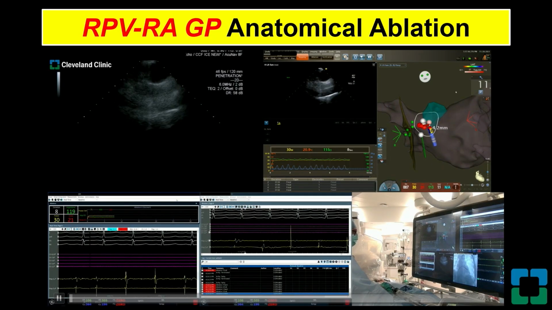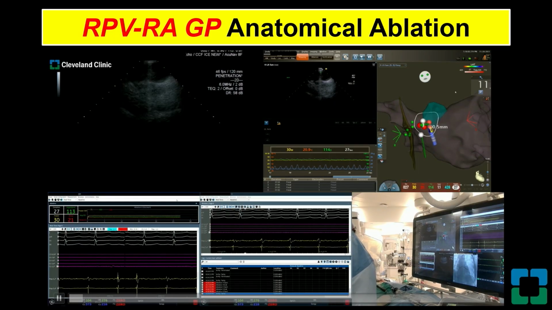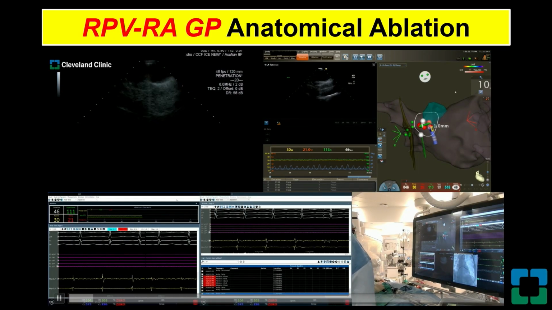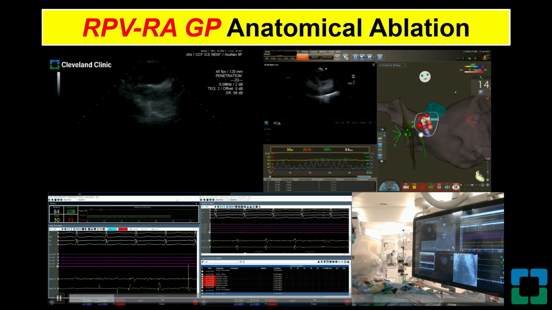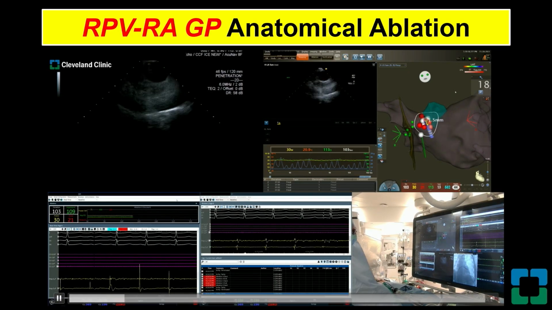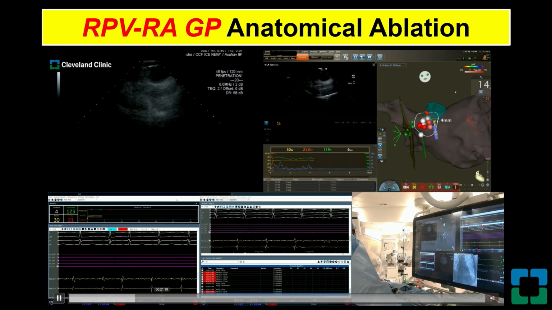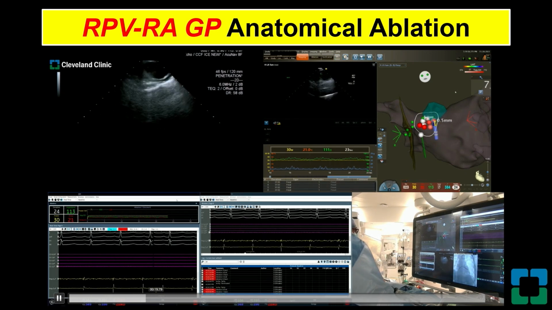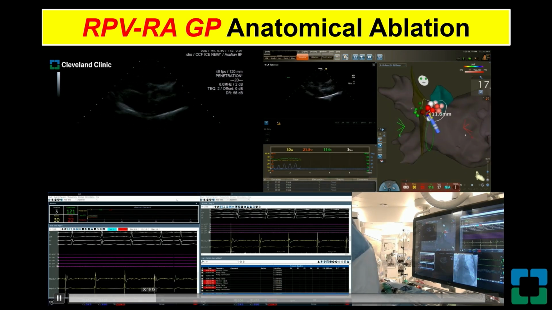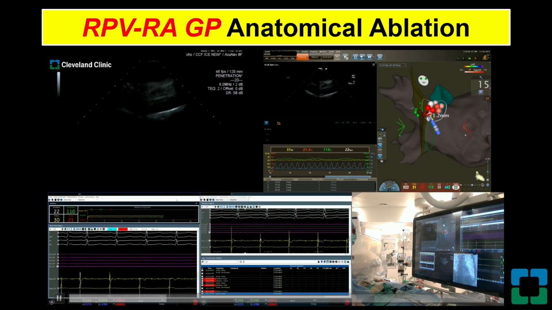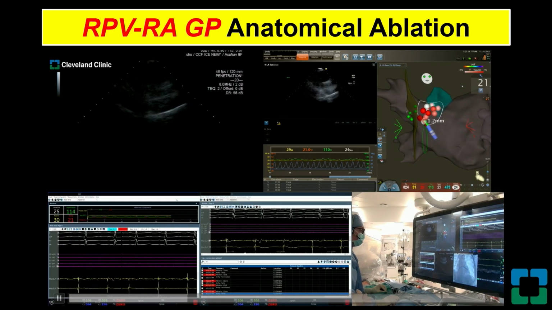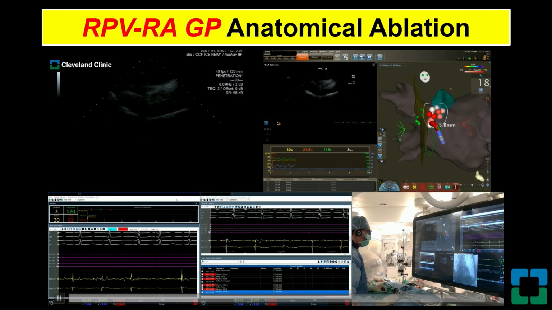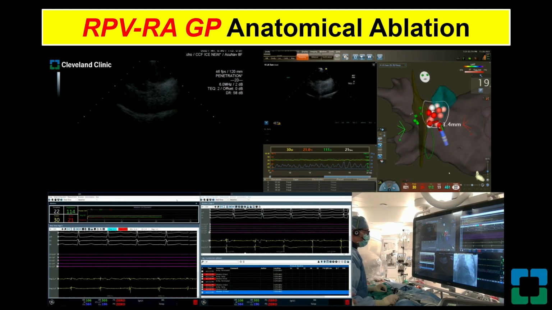So here, another example of anatomical ablation. Again, the way this is done, typically we start from the left side first, after we go transseptal, and then we ablate opposite on the right side. Usually we do see even more response when you do biatrial ablation. Whether you really need biatrial in every single patient is really unknown, because we've always been doing biatrial, but there is some data from Europe, from Bruin, where you can actually just use maybe a right atrial approach in some of these cases. And I think if you probably limit the ablation, you may have less inappropriate sinus tachycardia, which is a complication of this procedure, but we've always been doing biatrial ablation for all of our cases.